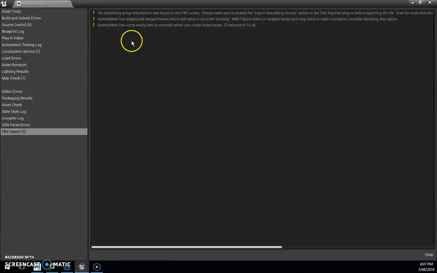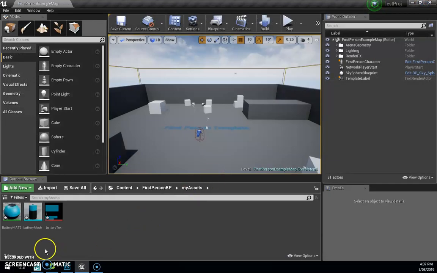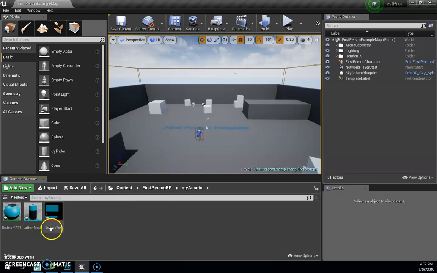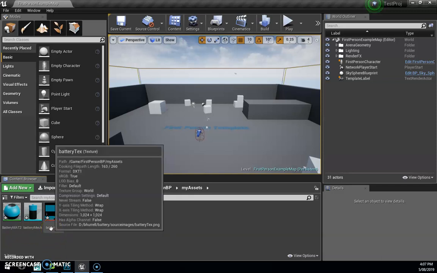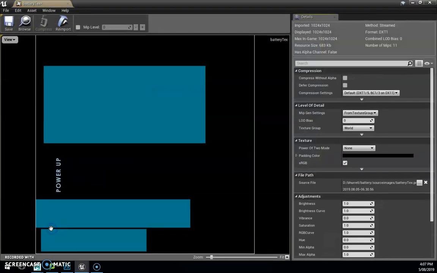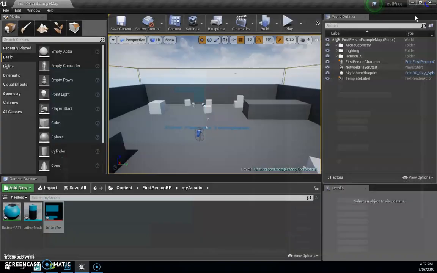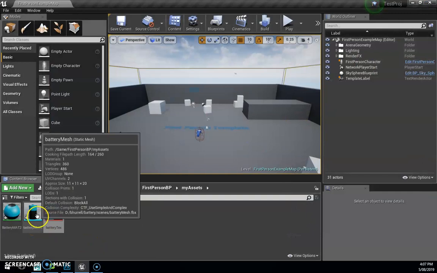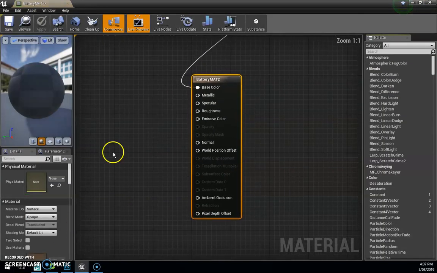It'll give me some errors. One of these errors is normal, the other two aren't. So this top FBX one, I will have a look at these ones and see if that's going to affect what's happening. And when I import it, it comes up with three different things. So one's the texture, which is the image file. So I don't really want to do anything to that, but it's going to read from it. My battery mesh, which is the actual model, and then my